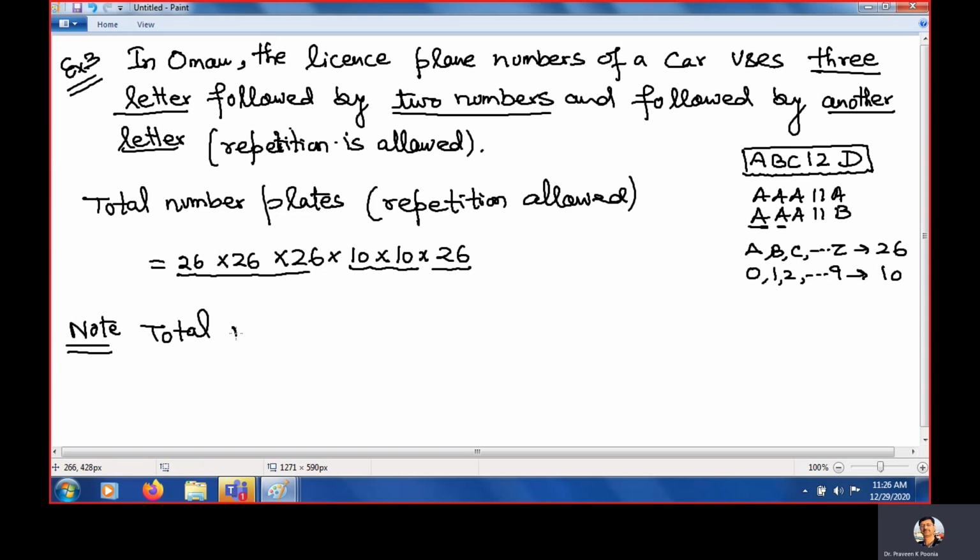Total number of plates. You can multiply, use your calculator. Use the calculator and write the answer here. Okay. It will be 45,697,600. That I copied from the book. But you can multiply using a calculator. Total number of plates, repetition,